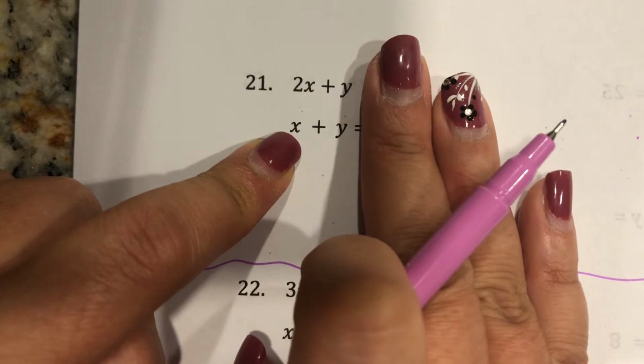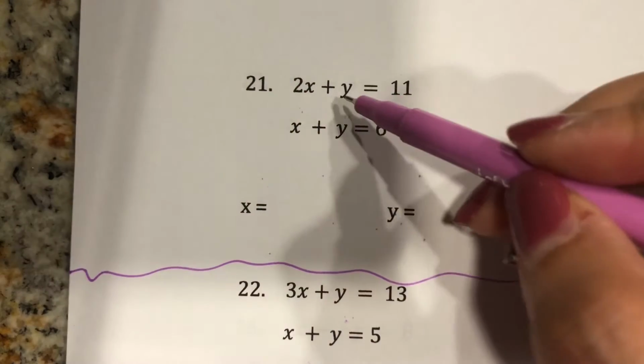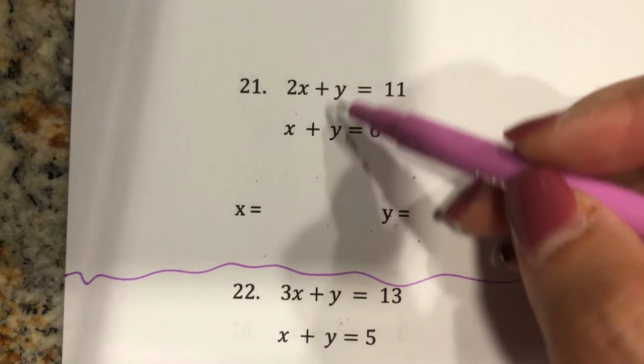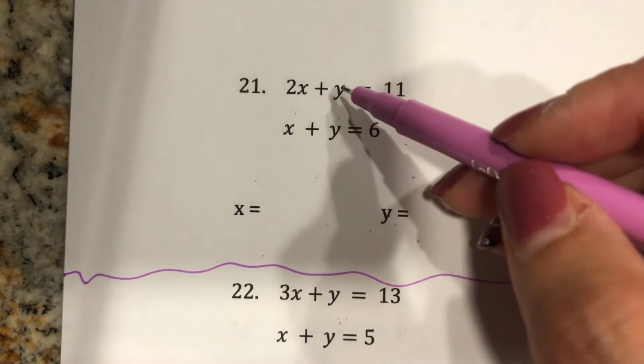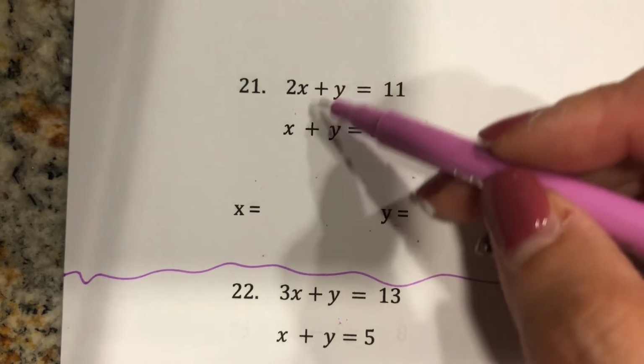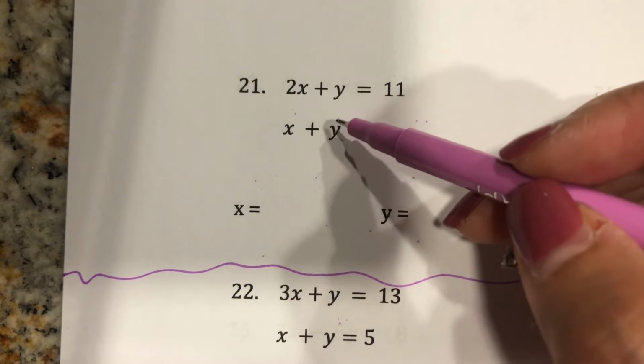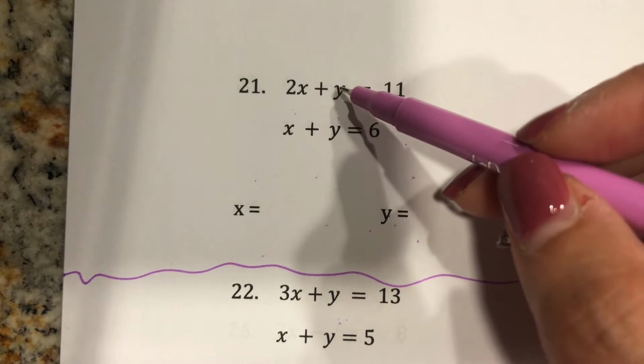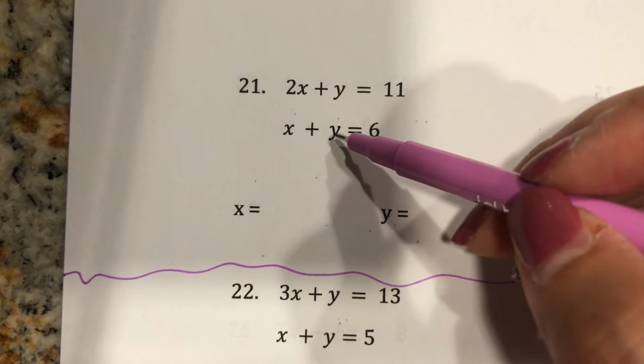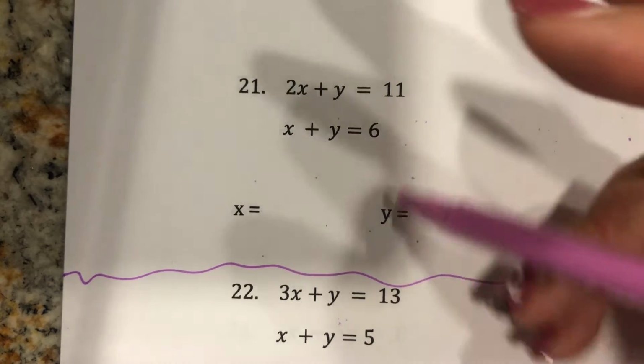Option 2, I have y and y. So both of them are the same. The only thing is that both of them are positives and one of them needs to be negative. So I can either multiply the top by a negative 1 or the bottom by negative 1. So your two options,